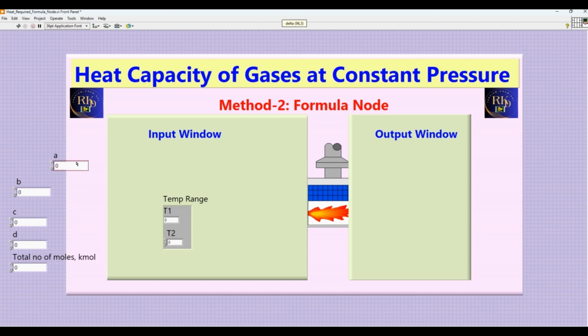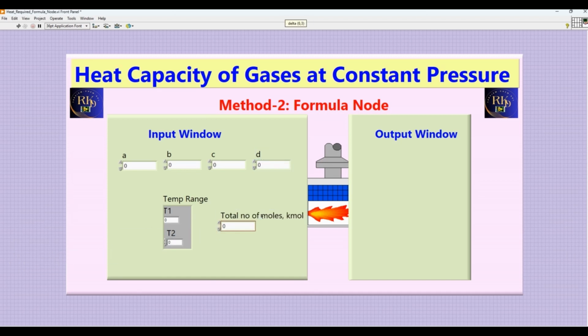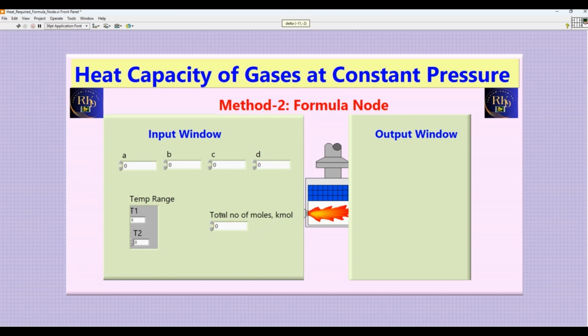Okay, so I'll arrange all the variables here, like that. Now I'll put in the values. A is 26.0257.